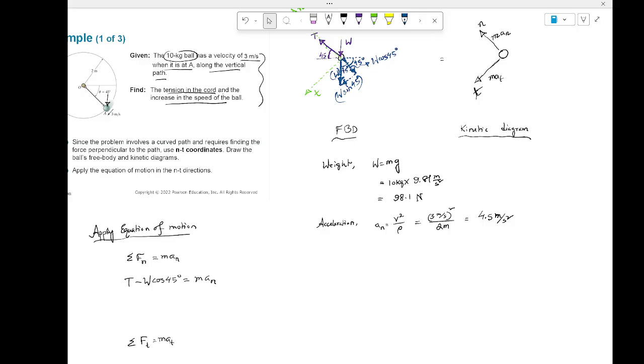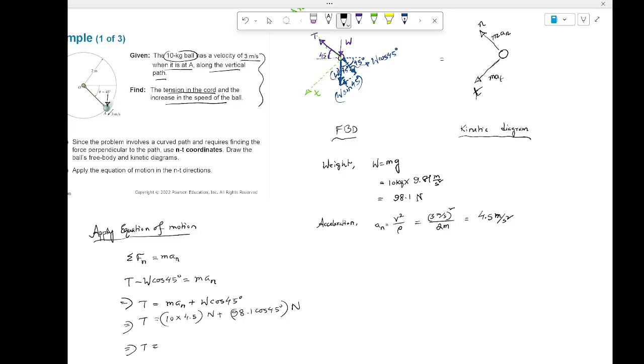So that's the technique. All right, so let me solve this. Obviously this T is unknown, so I'm going to write everything like moving this W cos 45 to the right side, and then start to plug in all the values. So I do have this M AN here. M is 10, AN is 4.5, and this would be Newton, right? Plus 98.1 cos 45. This would be Newton as well. And I'd like to take it out. I don't want to be congested at all. So this T is going to be,